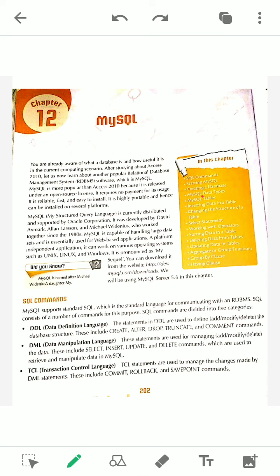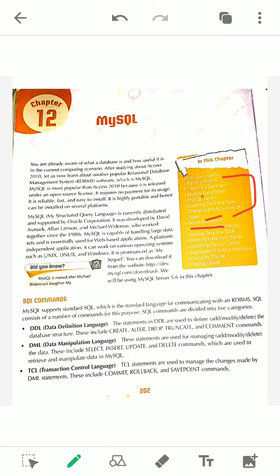Sometimes you will get some confusion because there are some commands in the chapters, and students get confused about using these commands in the proper way. In this chapter there are so many topics, but you are very fortunate that this time half of the chapter is omitted. Up to this much is in your syllabus, and the remaining parts are omitted. Of the select statement, only one or two statements are there, and the rest is already omitted from this chapter. That's why I have decided to start this chapter.